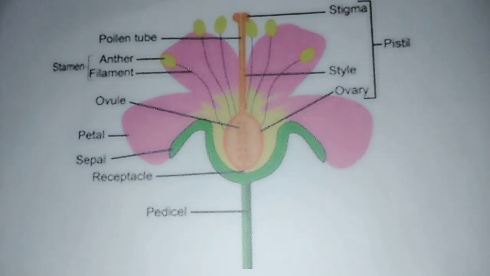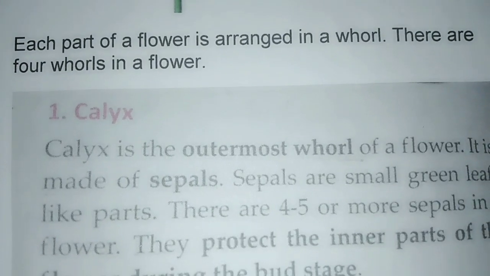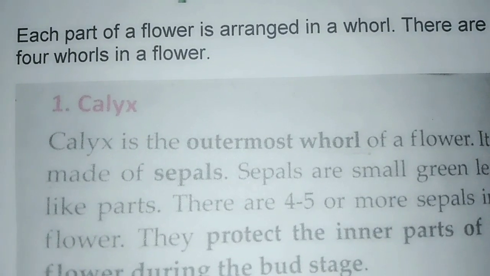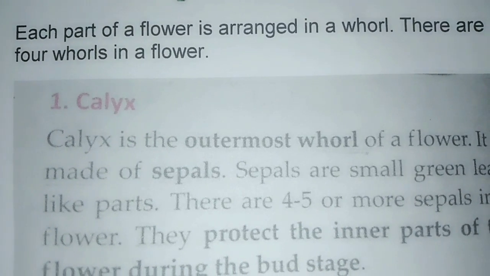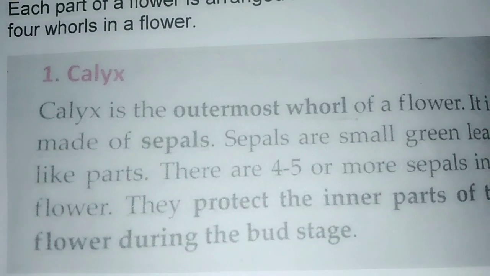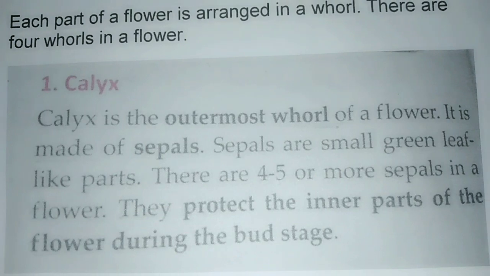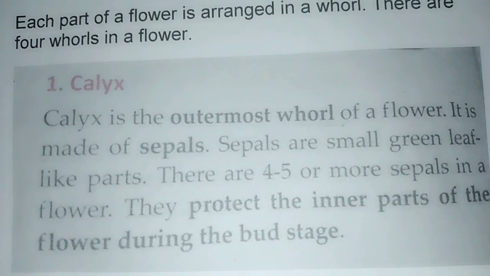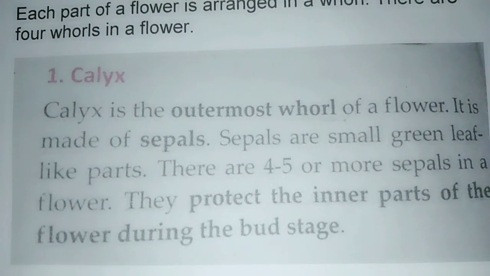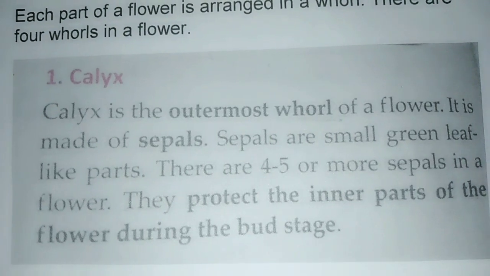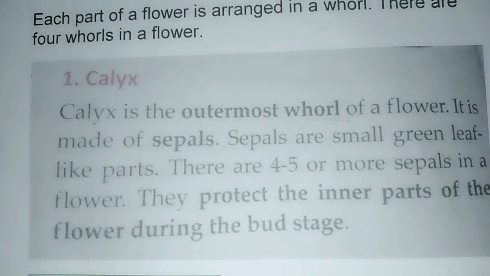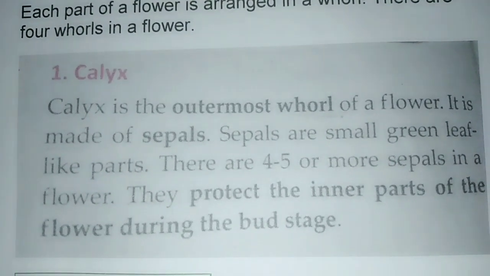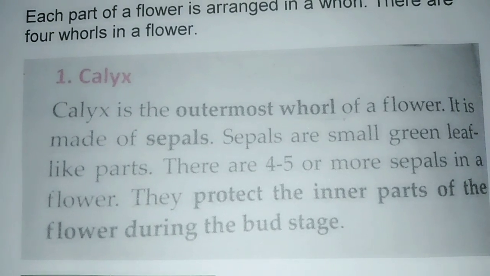Parts of a flower. Each part of a flower is arranged in a row. There are 4 rows in a flower. Calyx. Calyx is the outermost row of a flower. It is made up of sepals. Sepals are small green leaf-like parts. There are 4 to 5 or more sepals in a flower. They protect the inner part of the flower during the bud stage. Example: